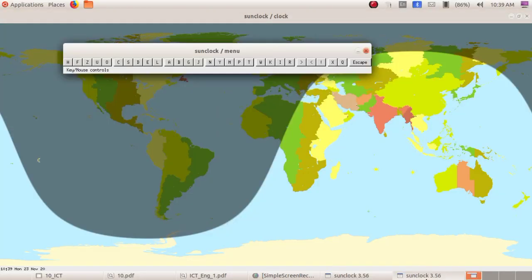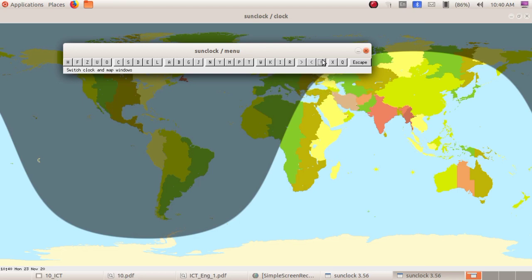First of all, we have to display the map showing time zones. We have opened the Sun Clock, then we have maximized it. After that, clicking anywhere in the window, we displayed the menu bar. Next step is that we have to display the map showing time zones. For that, we have to use the clock and map tool.